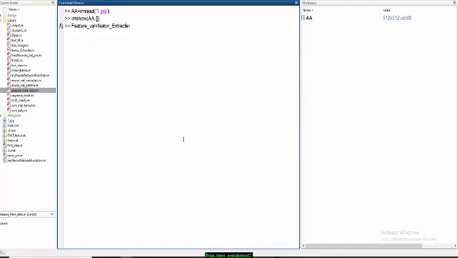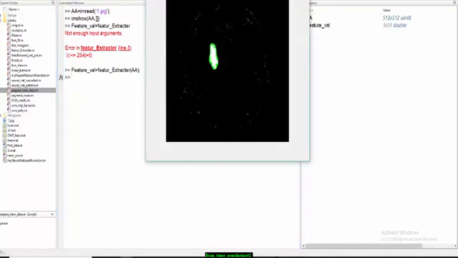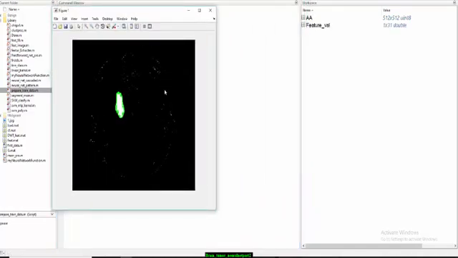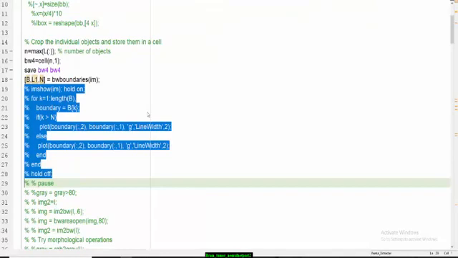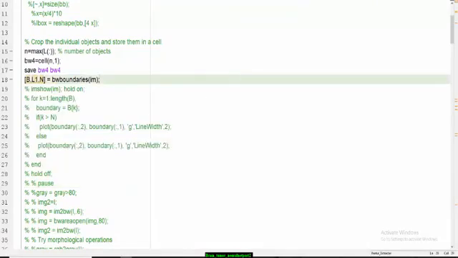In this feature extractor I'm going to take my image as input, and you will see we will get the boundary of the tumor portion here. I'm going to speed up this part of the tutorial.